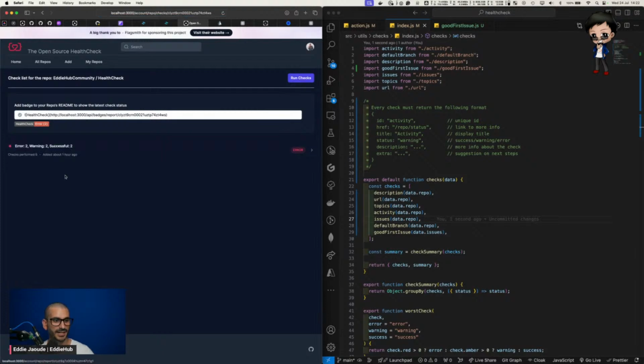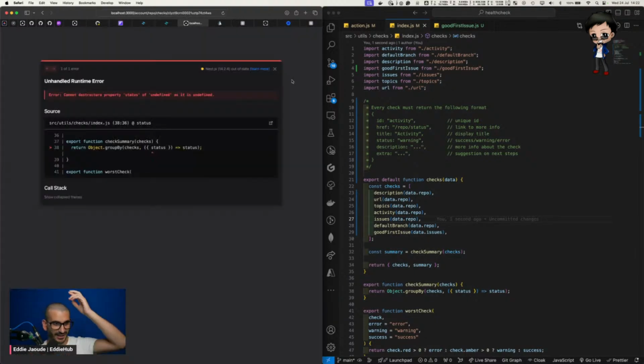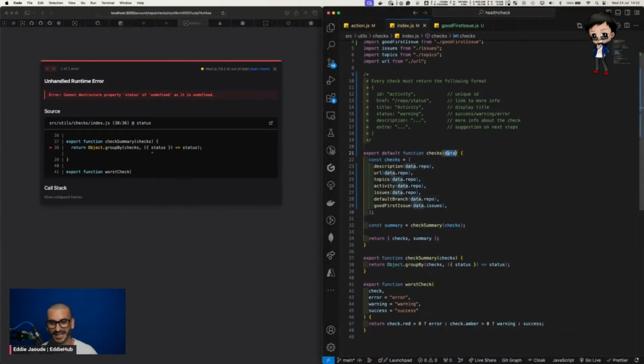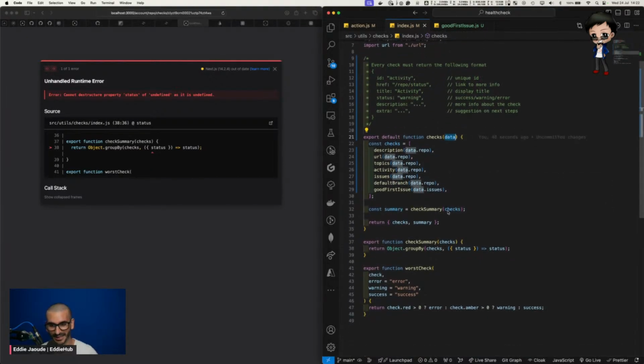So if I refresh this page, you can see we've only got one check from an hour ago before the live stream, because the one we just did, we got an error. It didn't save anything and failed. So let's see, fingers crossed, if I hit check again, we got another error. Okay. This is why we got the other error. The reason we did this is because I changed this to data and I updated these, but I didn't update what was down here. This is the problem. So you can see on line 38, I am